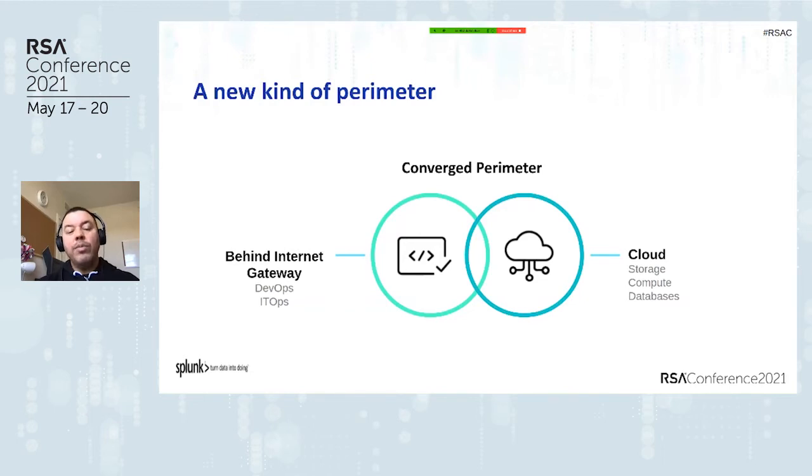And here is where the concept of federations comes in, which is also another issue when we're talking about the use of secrets, not only at the local level, but at the cloud level. So please keep this in mind. The perimeter as we know it, in this day and age where we're adopting cloud platforms and technologies to do many things from software to IT operations, is no longer the same perimeter. We now have a converged perimeter, a mix of what we used to call our classic perimeter and the cloud services that we're adopting. Next slide, please.